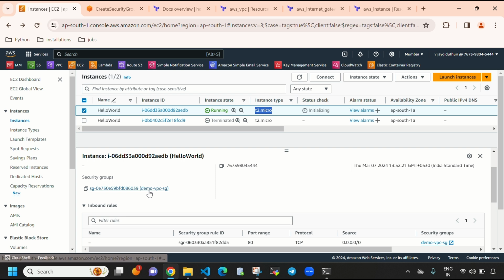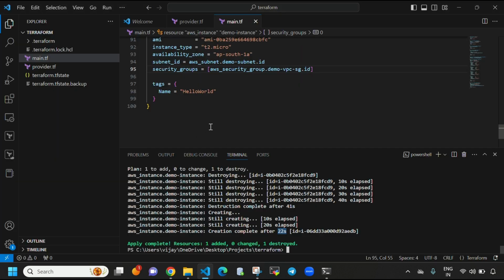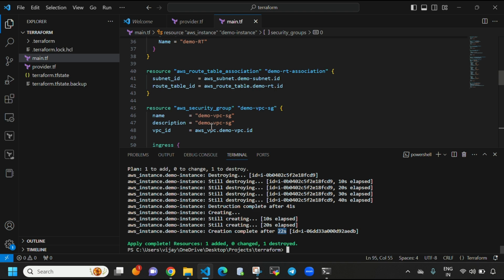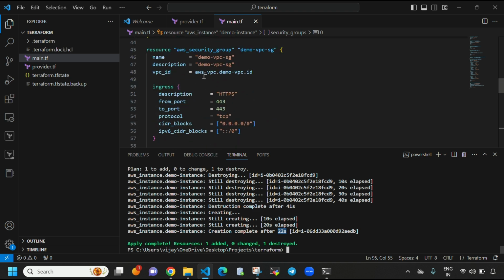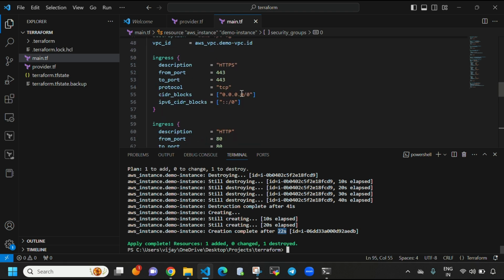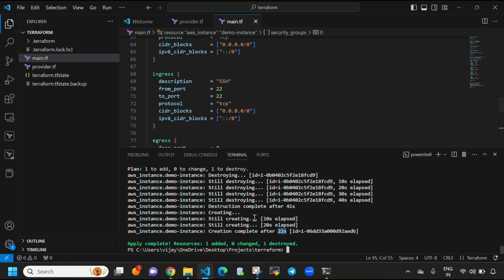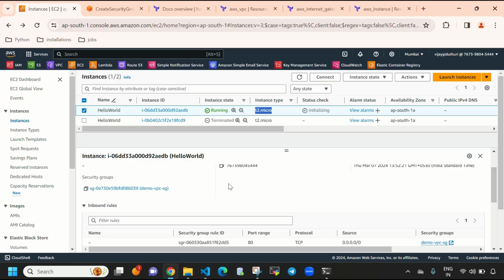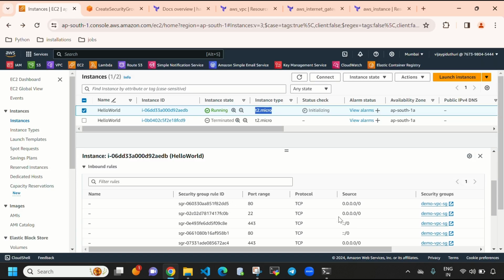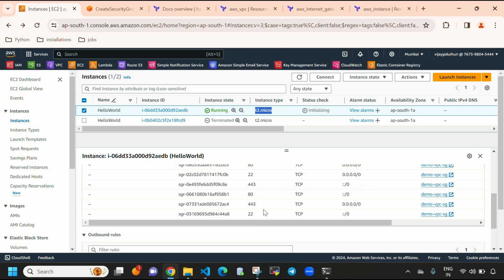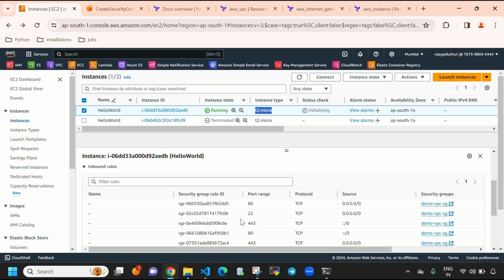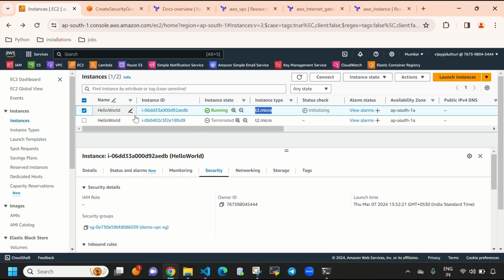here you can see, guys, this is the demo VPC SG. We have created this security group, guys. You can see this is the security group that was attached. We have given the inbound rules, guys: HTTPS, HTTP and SSH 22. So when I go to our EC2 instance, you can see here port 80, port 22 and port 443. That means HTTP, HTTPS, 22. It was created, guys. And let's try to connect to SSH,